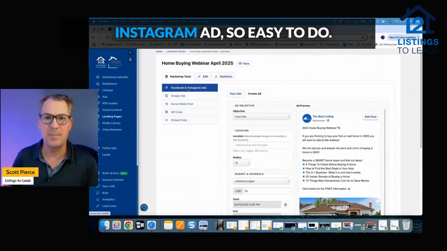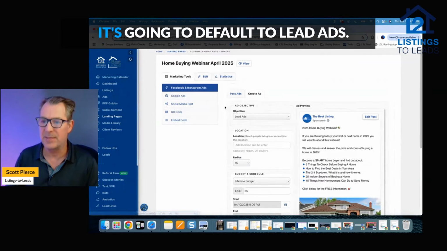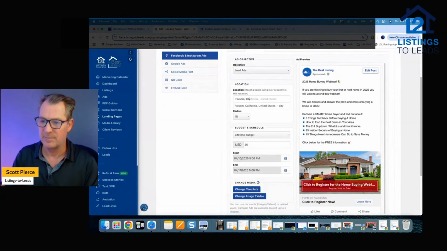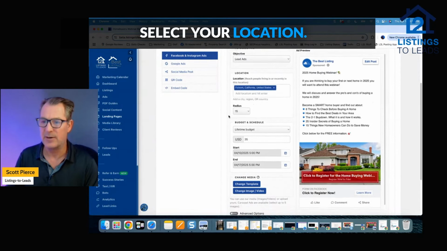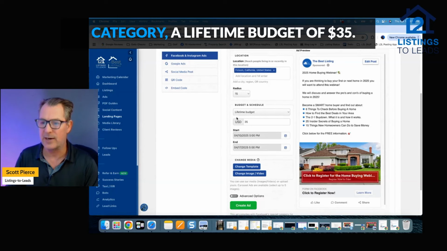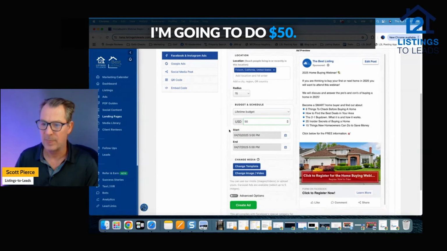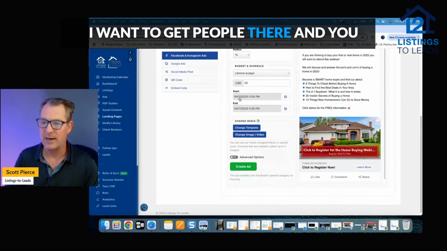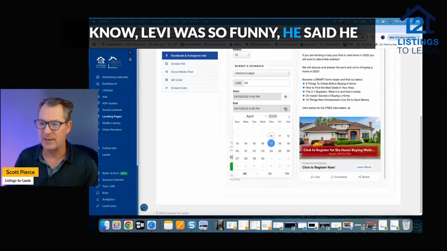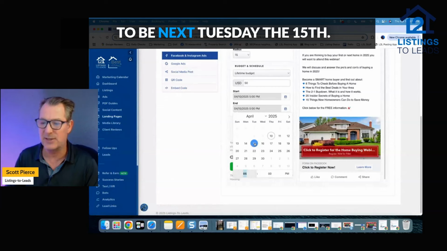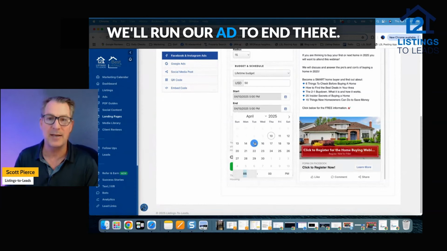Under Facebook and Instagram ad, so easy to do. It's going to default to lead ads. Type in location, select your location. We've got the special housing ad category, a lifetime budget of $35. I'm going to do 50. I want to get people there. And Levi was so funny. He said he sent his email out the day before. Let's say your call is going to be next Tuesday, the 15th. We'll run our ad in there